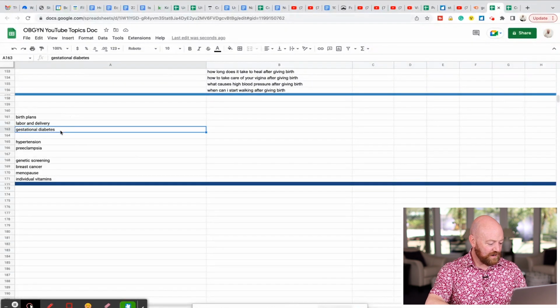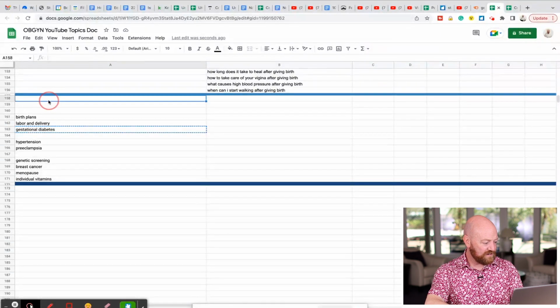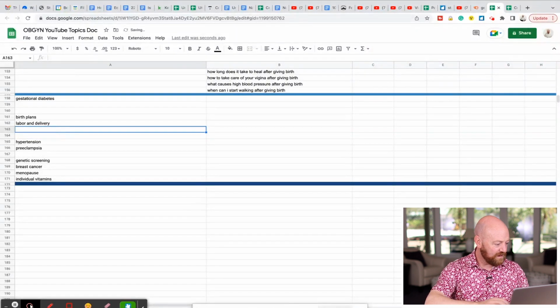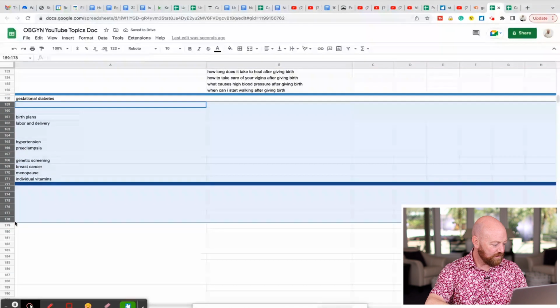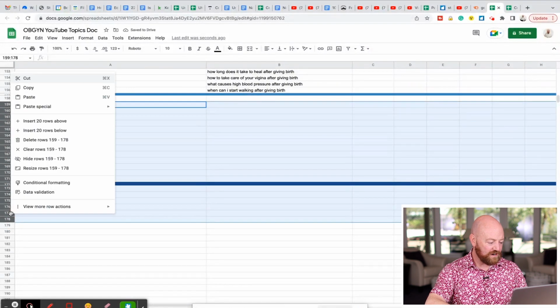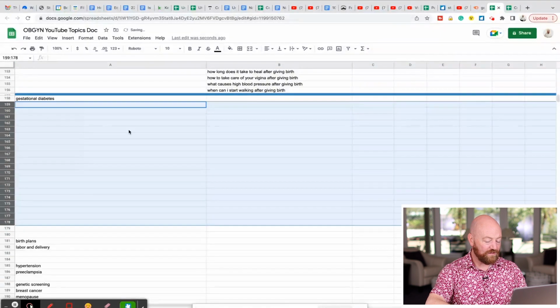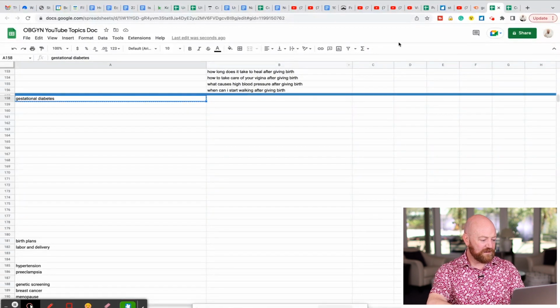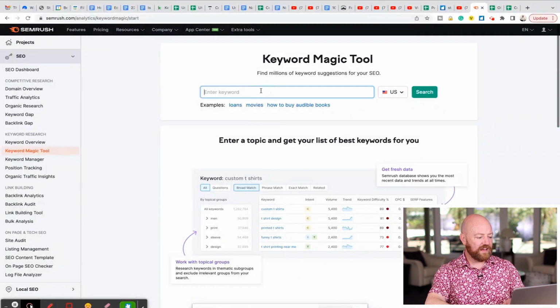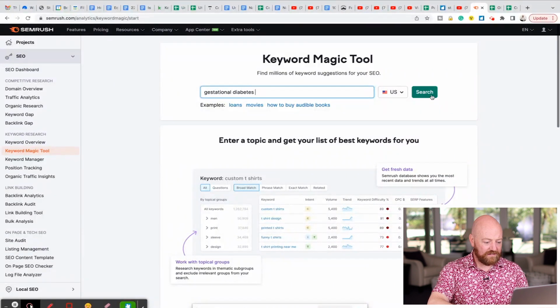So looking at these, I'm gonna go after this one. I like that one, gestational diabetes. And I'm meant to cut and paste. And I'm gonna add some more space. I'm just using a Google spreadsheet here. It's my go-to tool for this, so I can share it with my clients and whatnot. So if I copy gestational diabetes, okay, so I just paste that into my keyword magic tool. Again, you can find this tool at